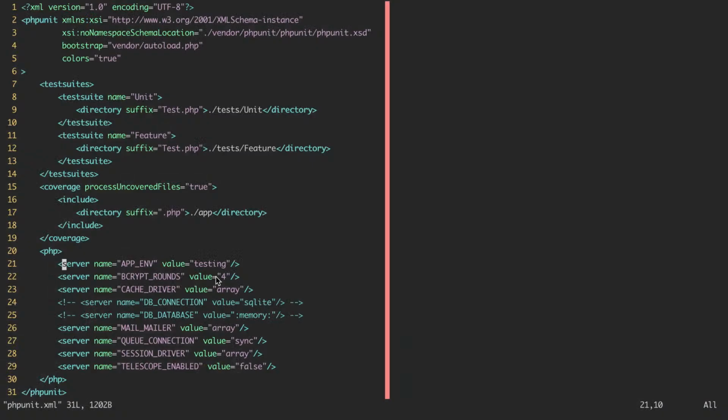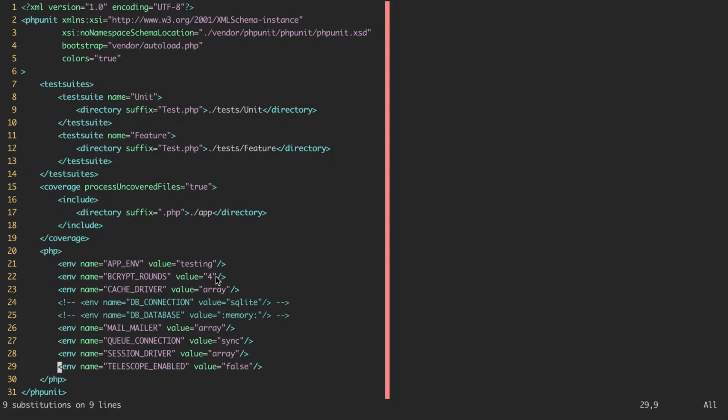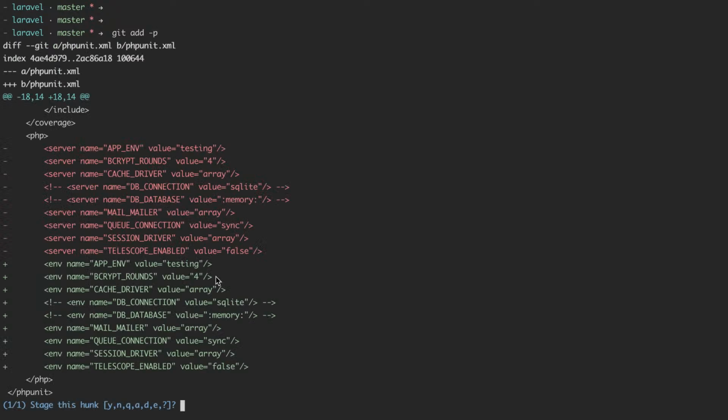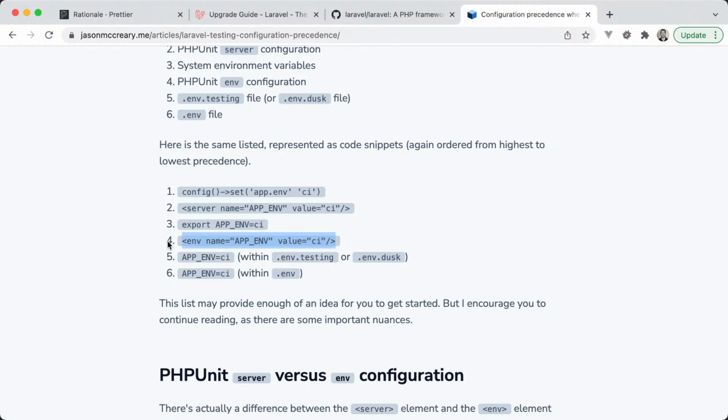So anyway, long story short, what I want to do here is basically change anywhere where it's server to env globally. Cool, done, that's it. That's all I want to do. So if we do git add -p, those servers are now env. It puts them a little lower in the precedence lifecycle, which allows you to overwrite these with any kind of system level variable. They're still higher up than anything that would have gotten loaded out of your env file. So it really should be a non-effective change and really should only matter for those people that need to overwrite those